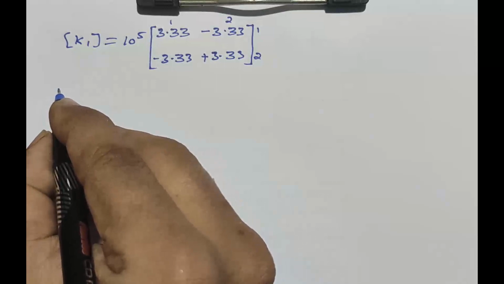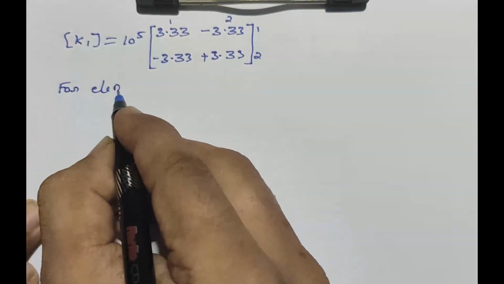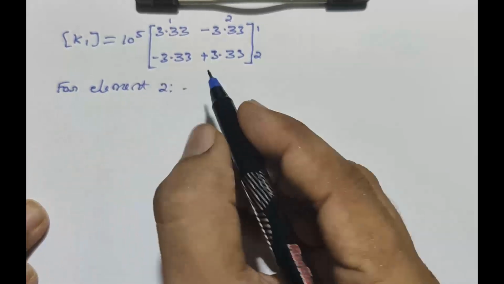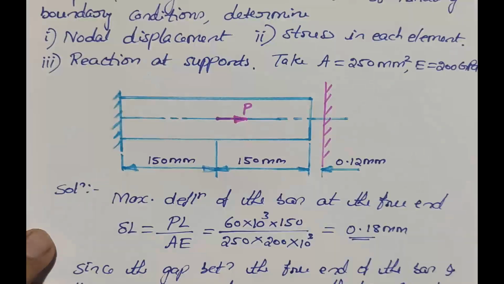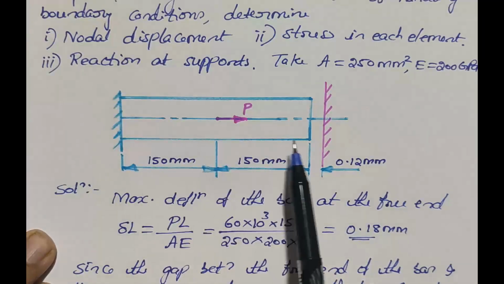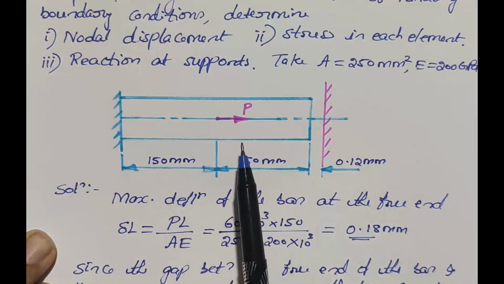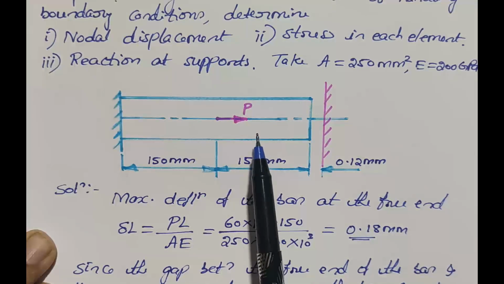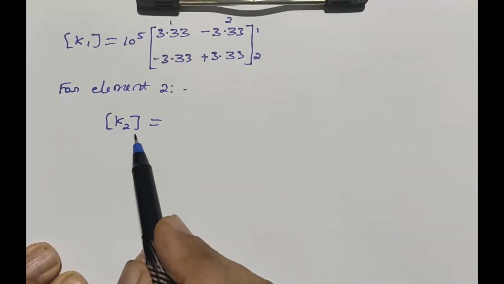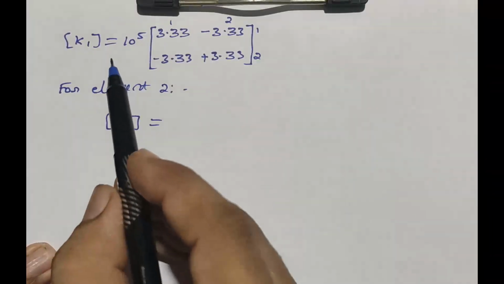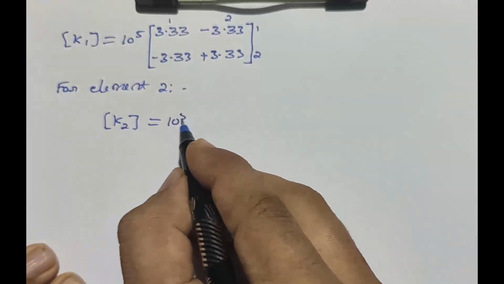Next, the elemental stiffness matrix for element 2. K2 will be equal to... see the problem here, the lengths are the same for both elements. Similarly, the cross-section area is also the same for both elements, and the material property is the same for both elements. Therefore, the elemental stiffness matrix of the second element will be the same as the first element. So K2 is again 10 power 5